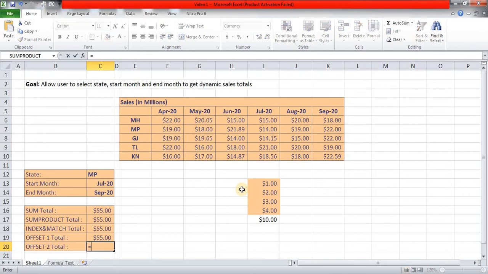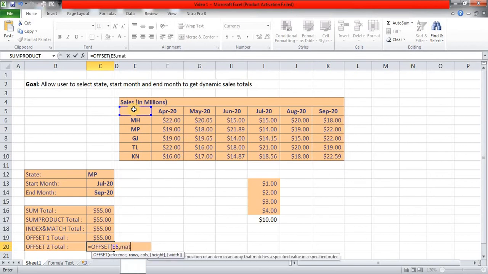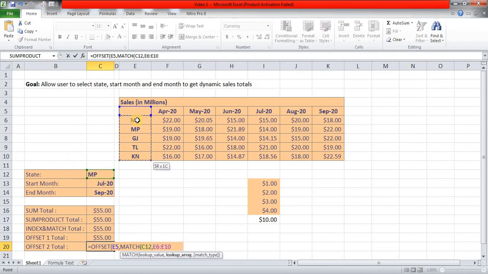Is equal to offset, tab, this is my starting point. For rows I am using match, lookup value is straight, lookup array is this, and exact match. So row argument is over.